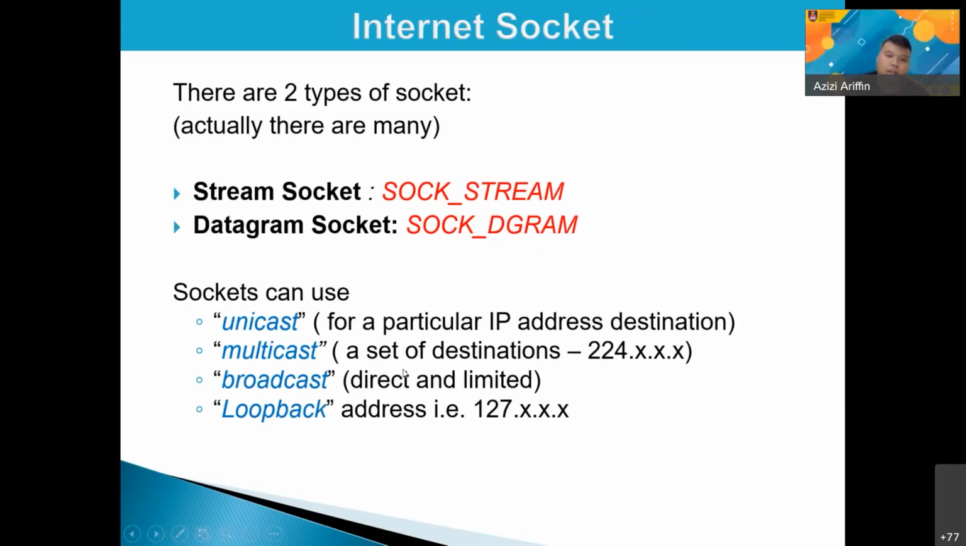That is unicast. Multicast is for a set of destinations. Usually multicast is used in the broadcasting industry. So for example,